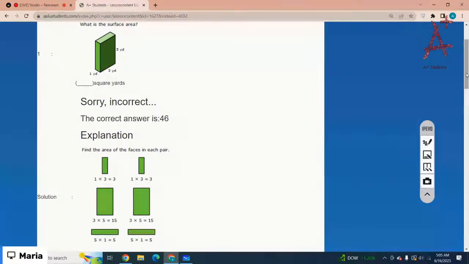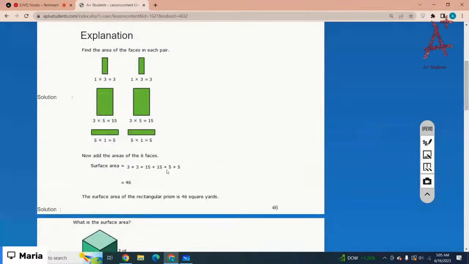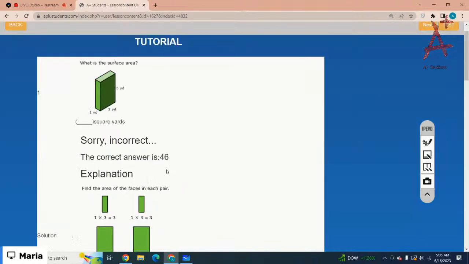Got it? So for the surface area, you have to add up all the areas. Got it? Together they make 46. That means the surface area of the rectangular prism is 46 square yards. Got it? Okay, the next one is,